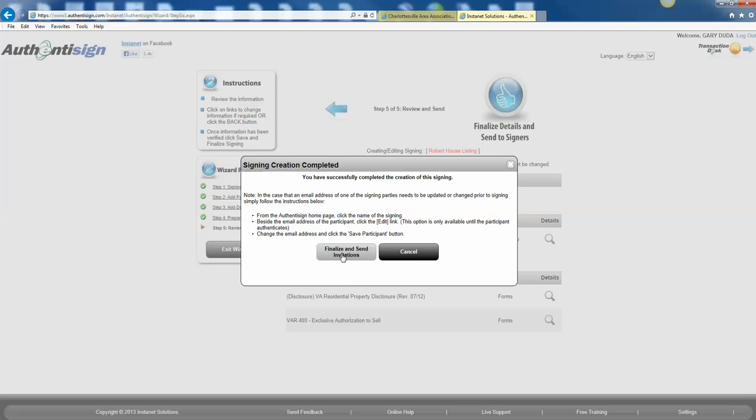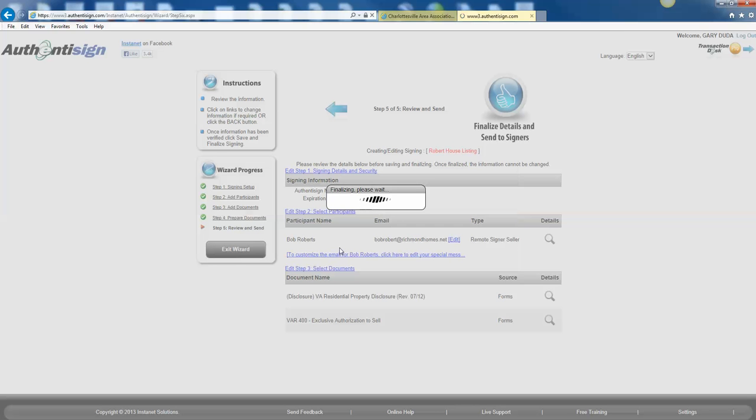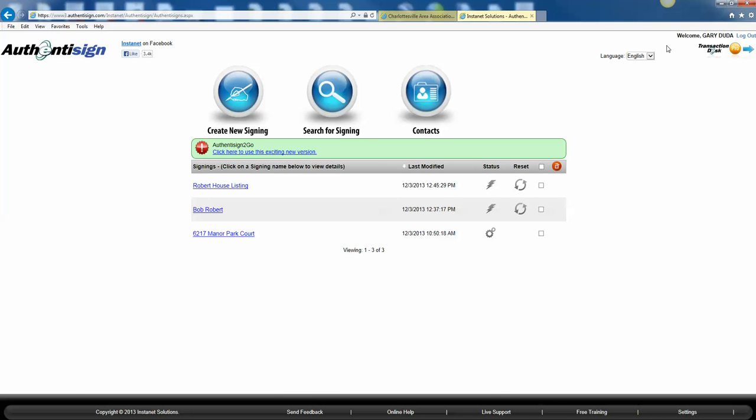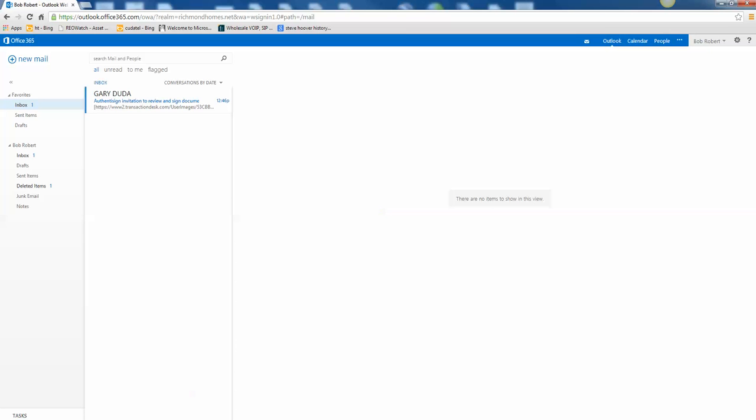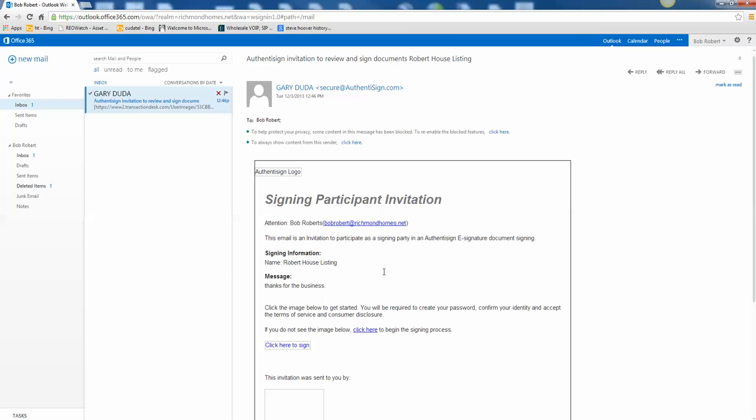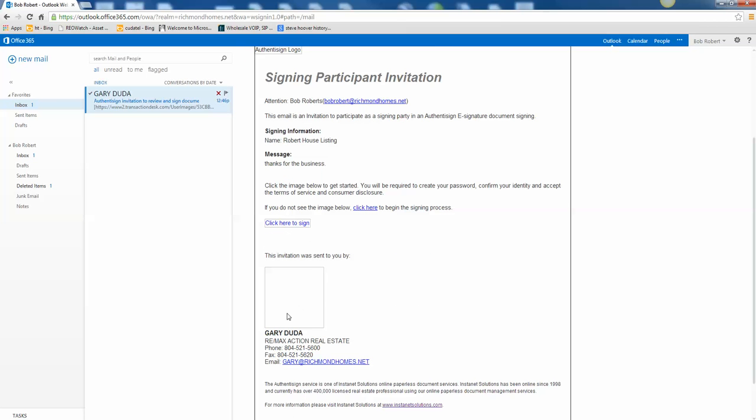I have one more opportunity to cancel or to go forward, and I'm going to go forward. So now this is going to be sent to my clients, and I'm going to minimize this screen, and I'm going to open up, excuse the messy desktop, and there's the Authentisign invitation to review the document that I sent to Bob. So Bob's going to open up that signing session. There's an image that will appear here, but this is a web-based email, so you don't see it. So just follow the instructions. Click here to sign,